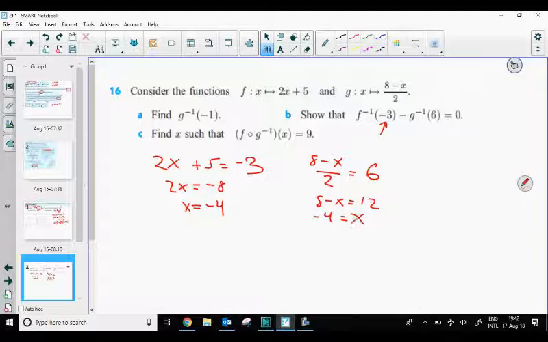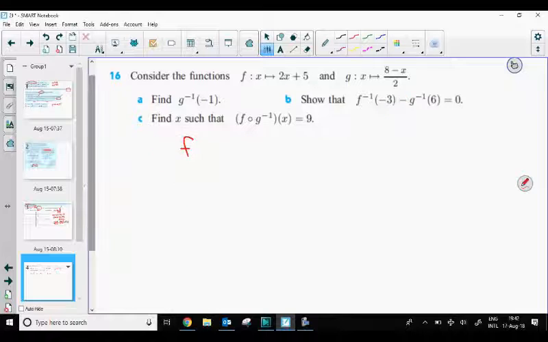-4 is equal to x. And then clearly, if I take -4 minus -4, I get 0. So that's going to be true. And finally, letter C, f of g inverse of x